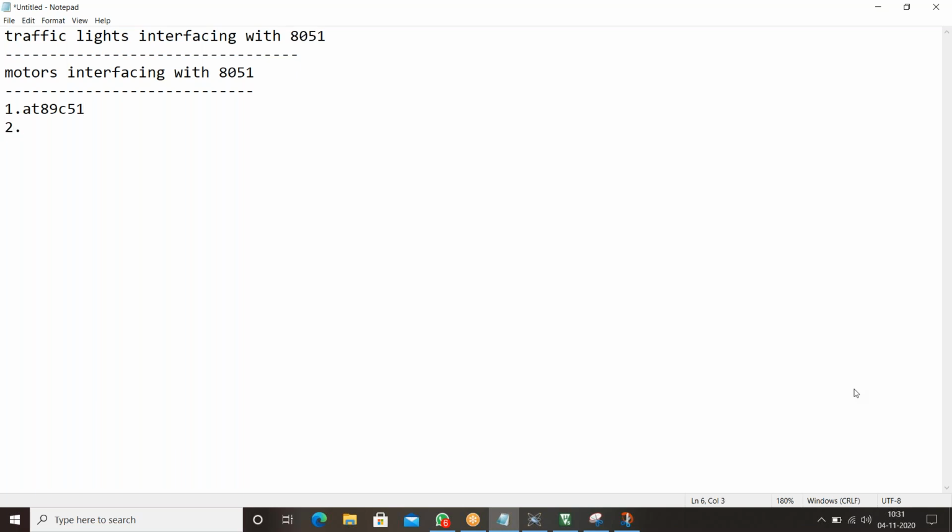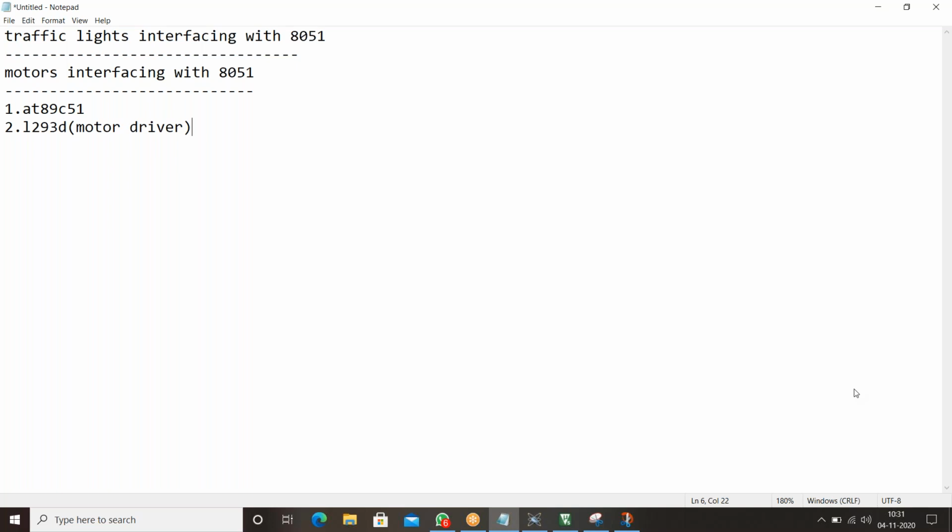The second one is the L293D. This is a motor driver. Why do we want to use the L293D?